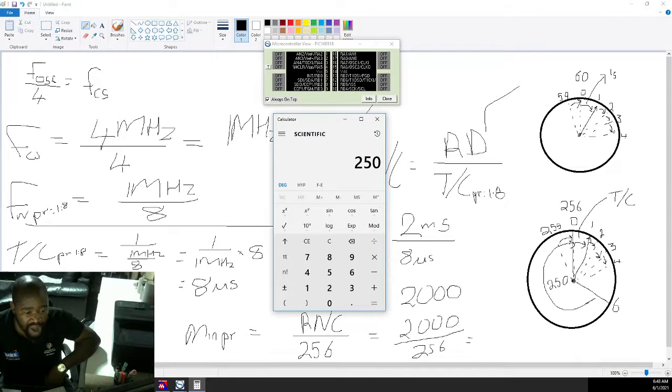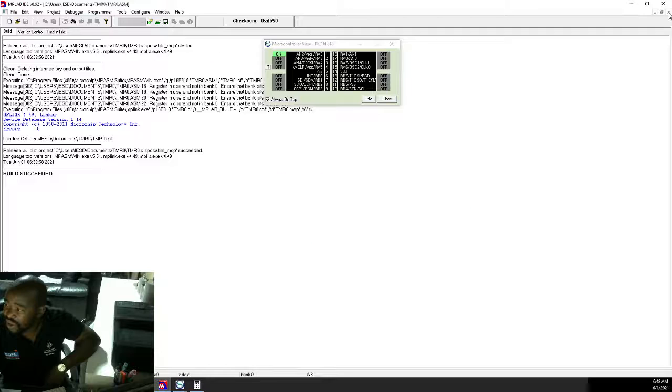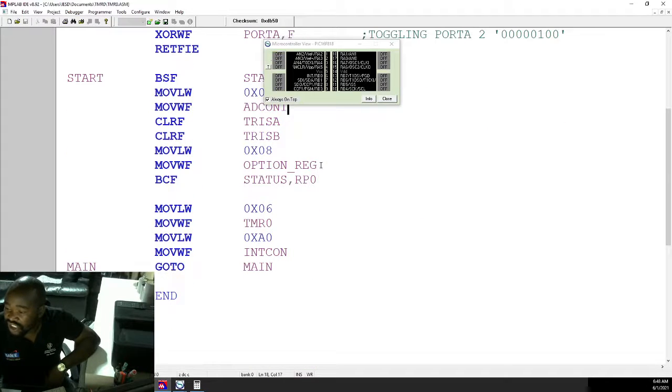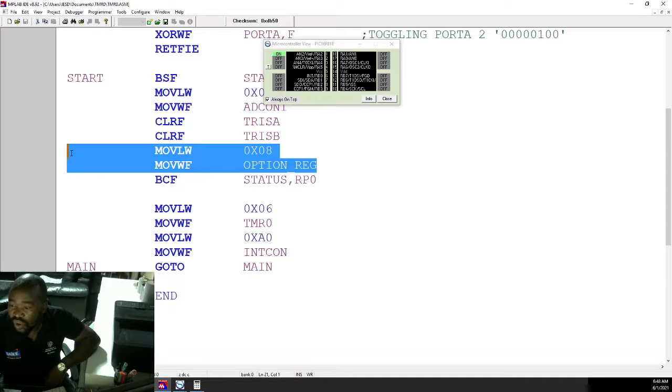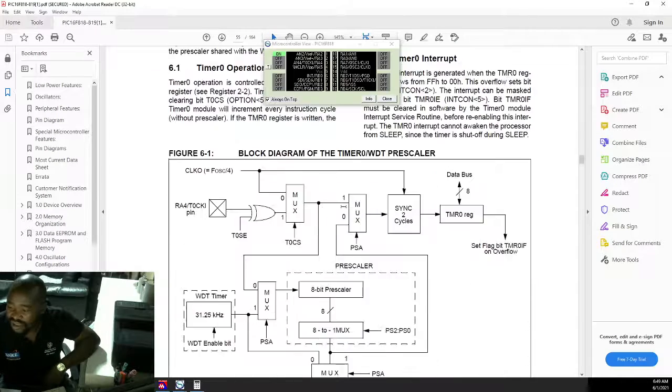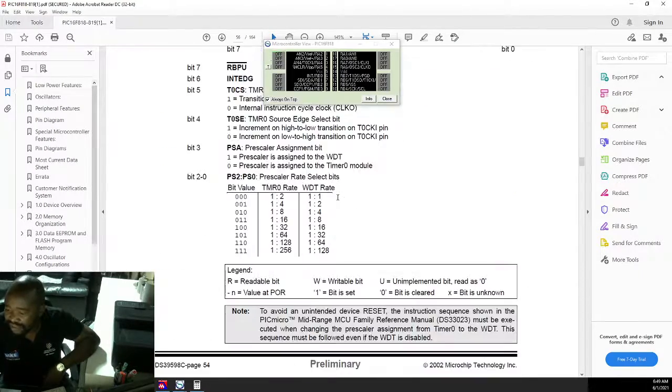Now in the program, how are we going to do that? Since we are already loading 6, it's fine. We need to change the value that we put into the option register, because this value is the one that's going to set the prescale. Now let's look at what value we must put into the option register. Looking at timer 0, let's look at that option register. Now we do get a 1:8 rate under the timer 0 rate, so we will assign the rate to timer 0, and then the last 3 bits will be